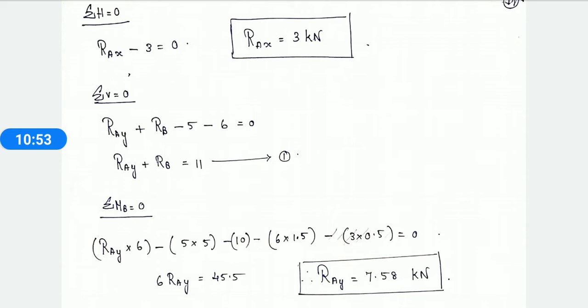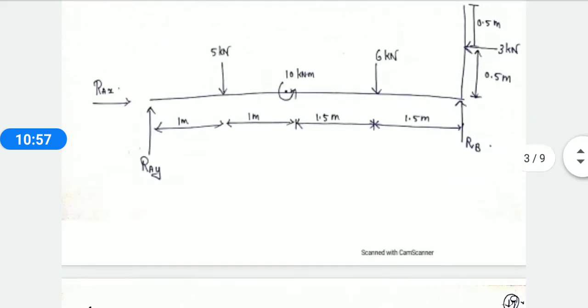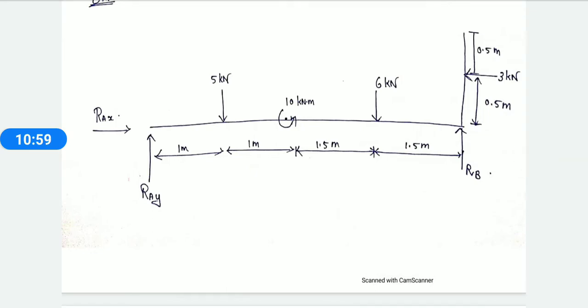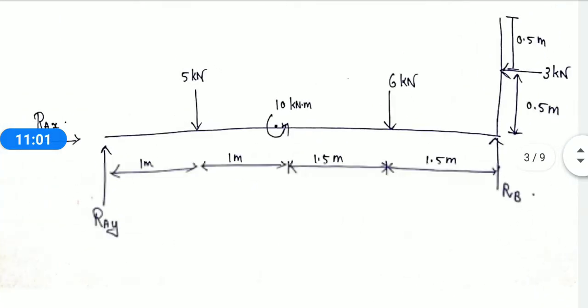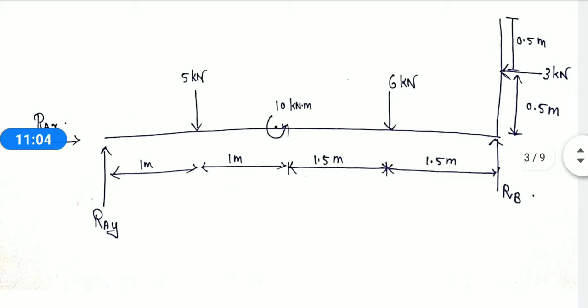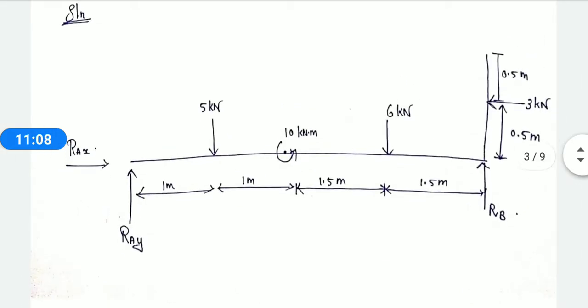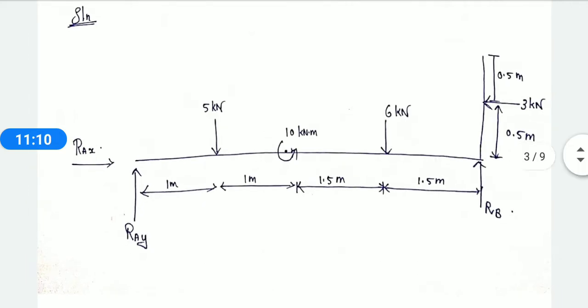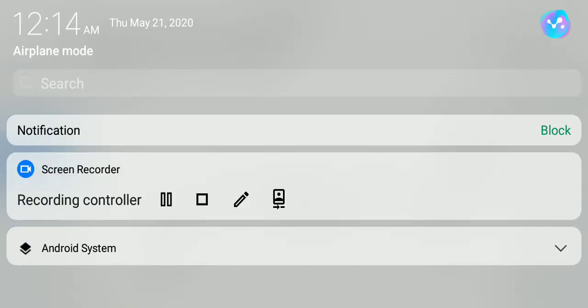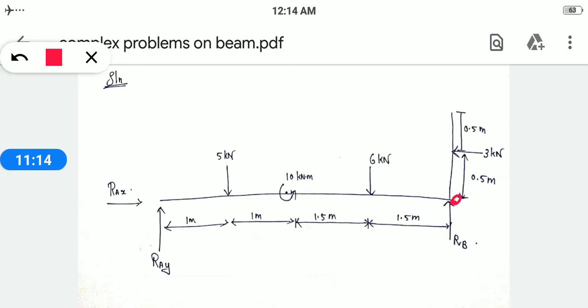Here only one complexity will be there, to calculate the moment. You have to critically think and take the moment over here. I am just taking the moment at point B. You can also take it at point A, wherever the loading condition is acting. Consider this point now. How is the load going to act?